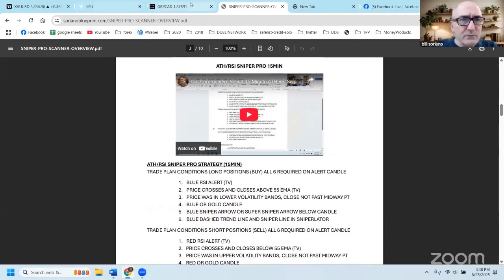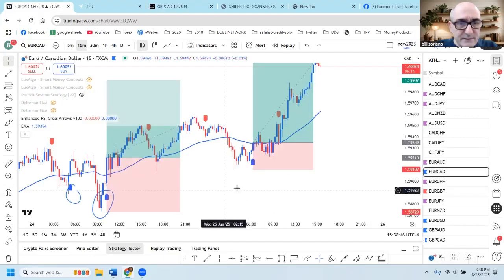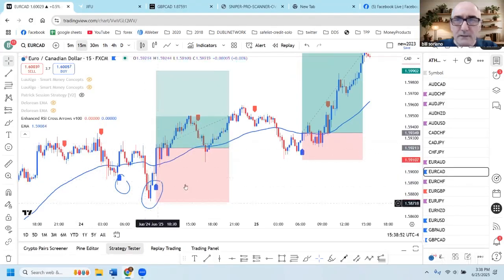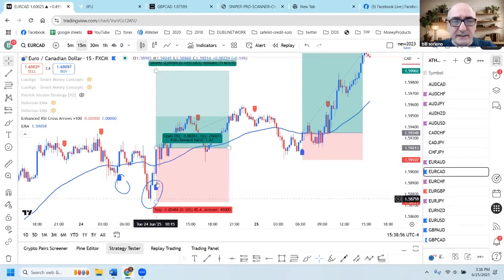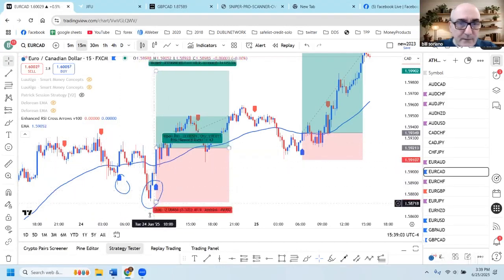So let's show you real fast where we're at here. Let's go through some pairs where there were trades. So I'm looking for my blue and red flags here. So this is EURCAD. This trade, this idea went off yesterday, right? So when you're on TradingView, you see the first 2 conditions. You see the indicator, our community's indicator. That's the blue and red indicator here. Okay. And you also see,